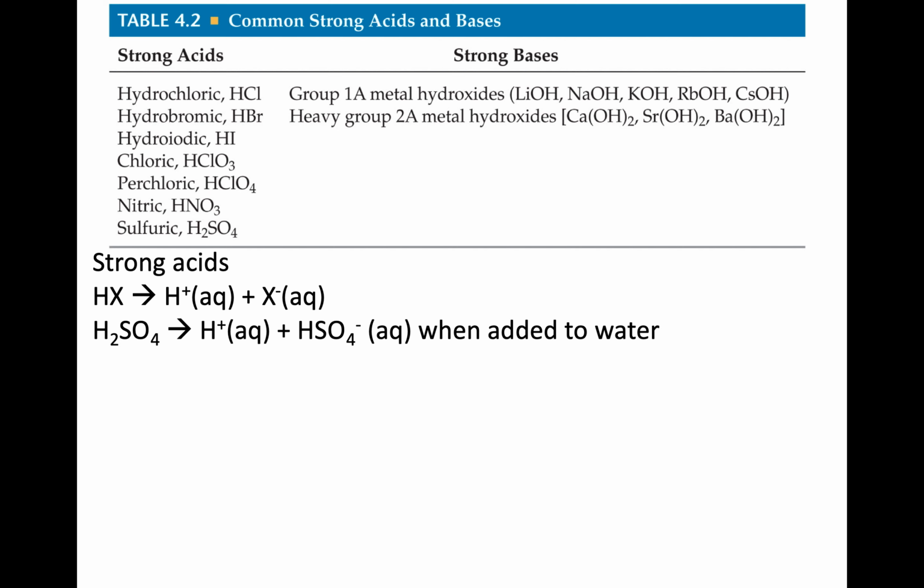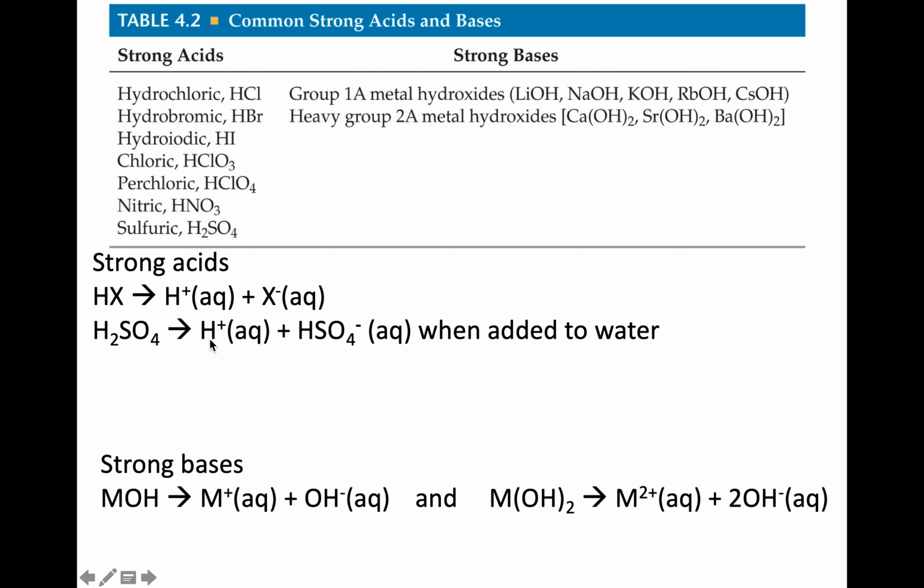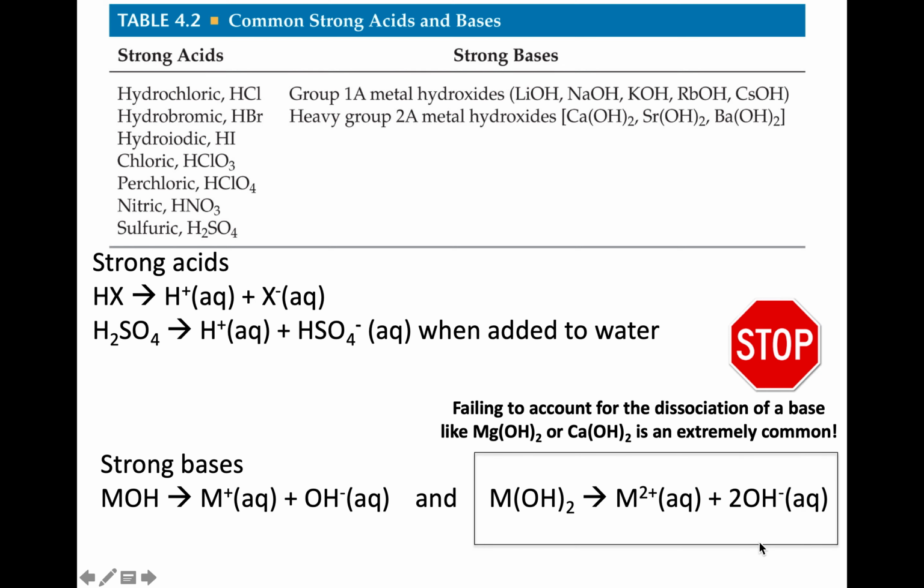What happens with a strong acid? Strong acids are strong electrolytes. Here's a general description of how they're going to dissociate, donate the proton, and we'll have the anion remaining. For sulfuric acid, it's a strong acid with respect to losing the first proton. Strong bases, they produce hydroxide. Depending on the formula, they could produce 1 hydroxide per formula unit, 2 hydroxides. Failing to account for the dissociation of a base, like magnesium hydroxide or calcium hydroxide, is an extremely common student